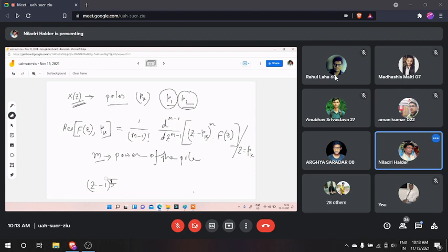Now you have to calculate the residue for minus 0.5, with condition n greater than or equal to 0. So the residue of F(z) for minus 0.5 will be (z plus 0.5) times z to the power n over (z minus 0.75)(z plus 0.5), at z equal to minus 0.5. This will simply cancel out. Taking the value of z minus 0.75, that will be minus 4 by 5 into minus 0.5 to the power n. Those are the two residue values you get when n is greater than or equal to 0.